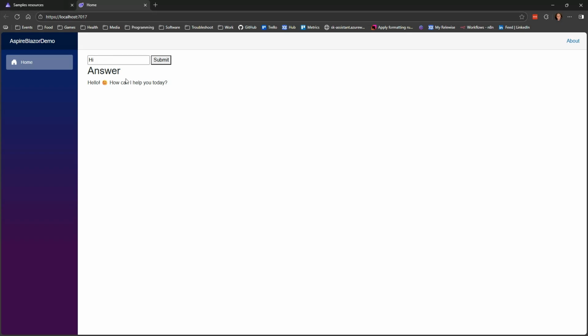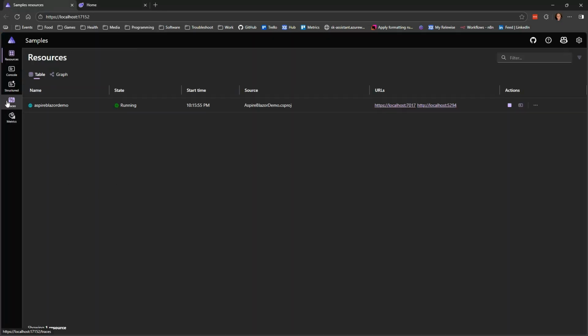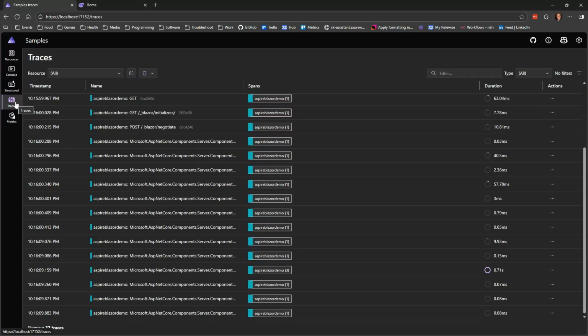Because now we made a request and response to an AI, and that has been logged using the tracing system. So what we can do is go down into traces here, and everything is logged here. But luckily, as in OpenTelemetry, there's a general thing for generative AI.